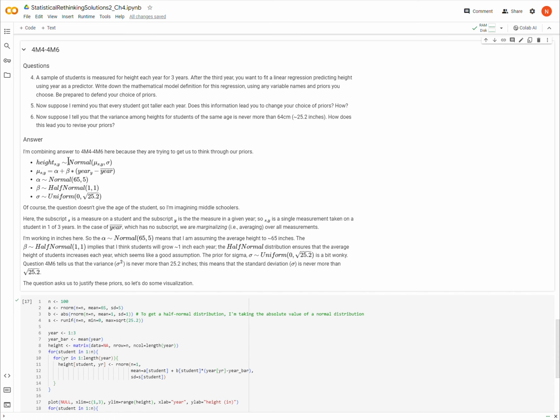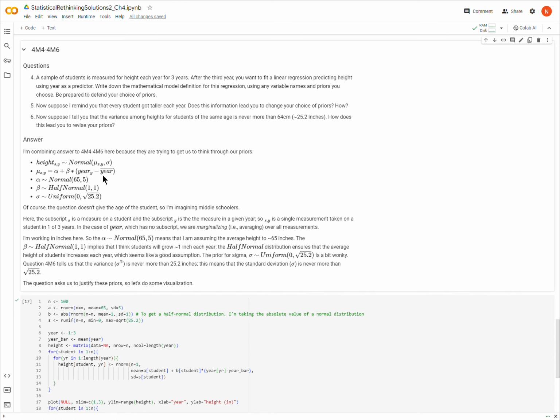So the average height, mu, I'm modeling with this linear model here. Okay. So let's look here at this little parenthetical term. I'm taking the year that a particular measurement is being made, and subtracting off the average year, or mean year. And all that does is, when the measurement is before the mean, then this parenthetical term is negative. When it's at the mean, it would be 0. And when this term is greater than the mean,